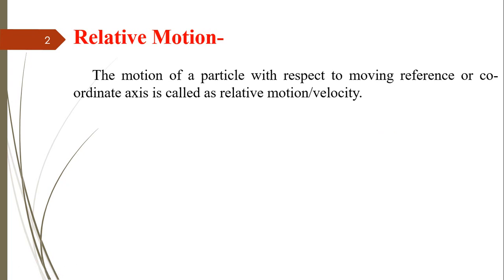In that we see the example of car also, that if car A is moving only, and if we are defining the motion of car A as moving with a speed of 30 meter per second or 60 meter per second, then that will be with a reference to the rest object. Therefore it is an absolute type of motion. And whenever we are considering the two things, that is car A and car B, and both the cars will be moving either in the same direction or in the opposite direction or in any direction, then when we are defining the motion of car A or velocity of car A with respect to car B, that type of motion is called as a relative motion or relative velocity.